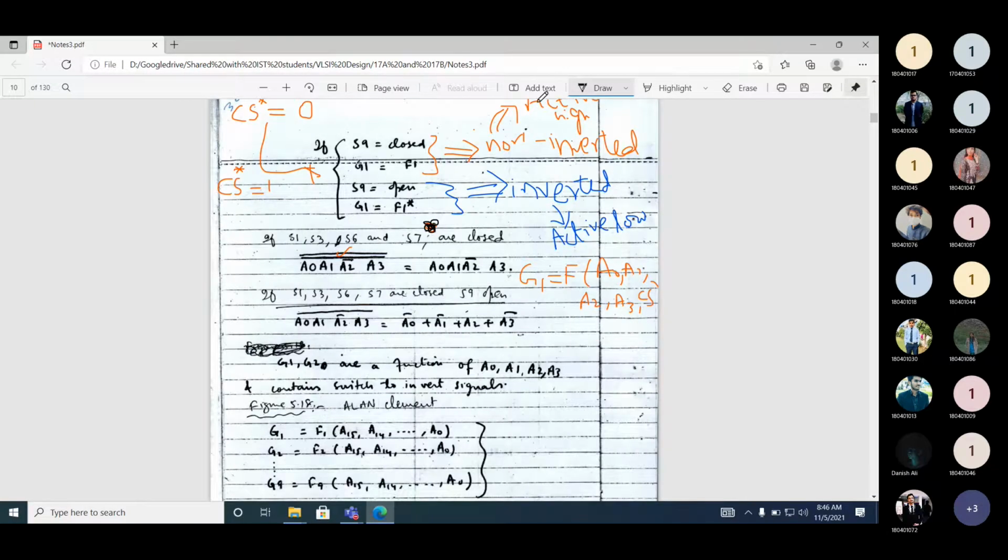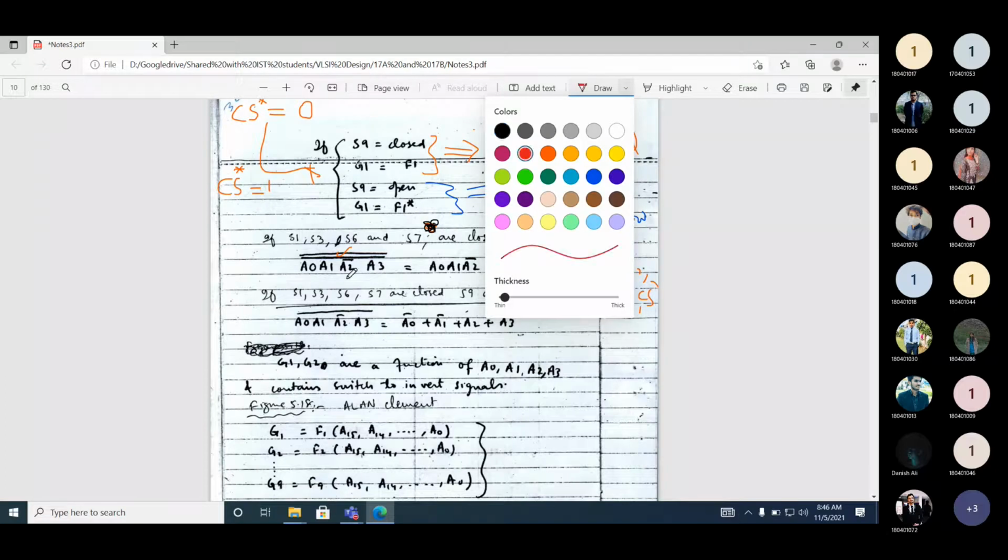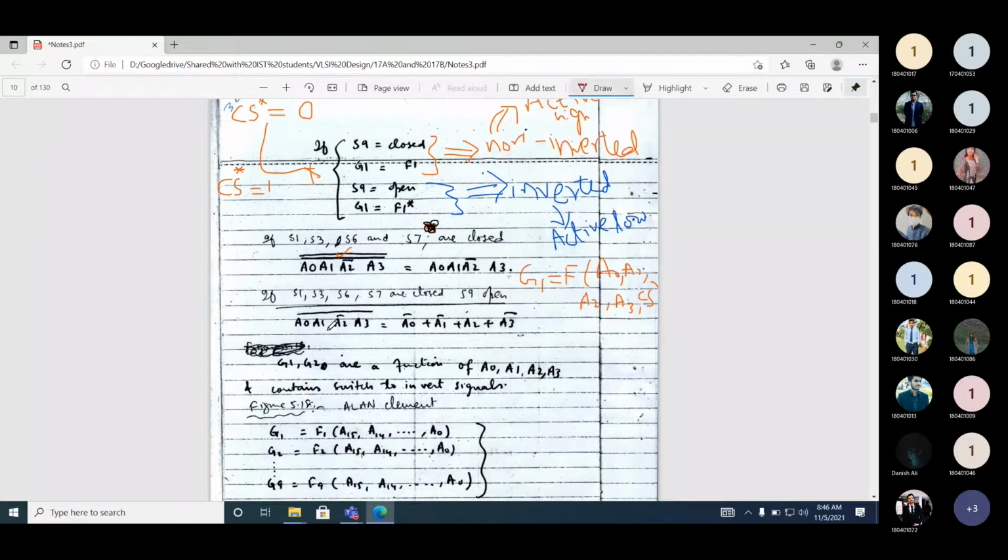Similarly, if you look at the status of these switches, S1, S3 and S3, and if you compare this, the output will be A0 bar plus A1 bar plus, this plus does not represent an AND gate. It will be equal to like this, A0 bar, or because with the plus, it will confuse you with the adder. It's not an adder. It is actually an OR gate.